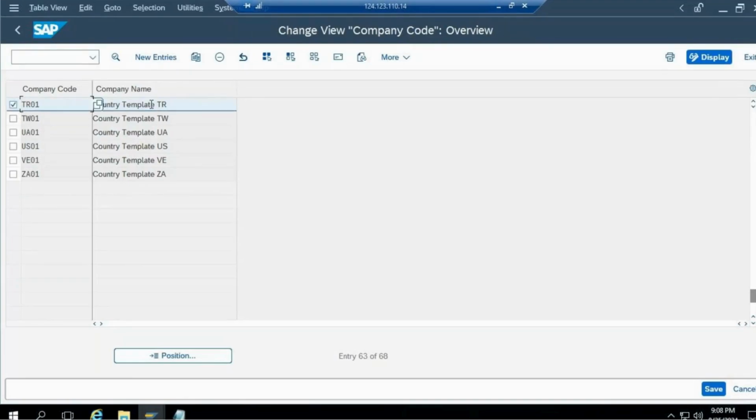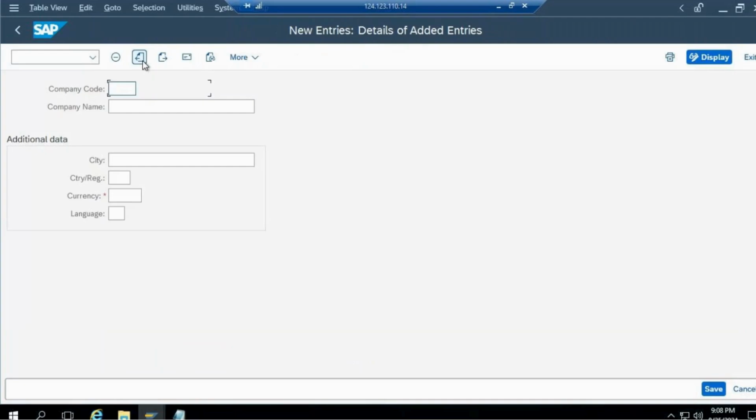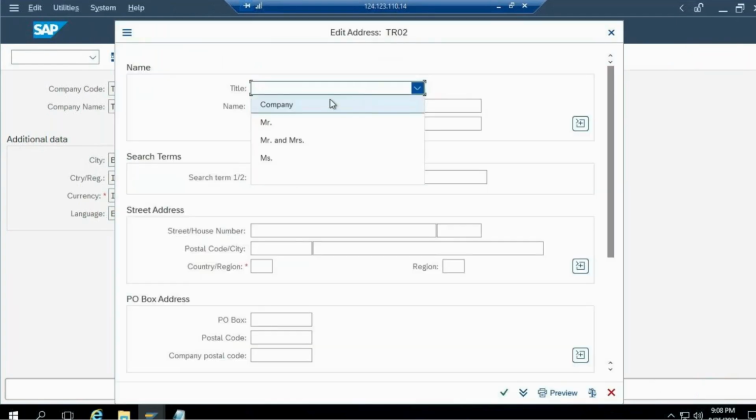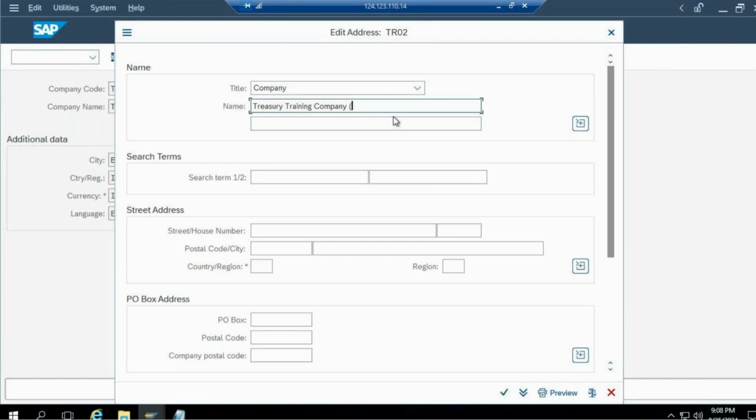So TR01 has been created. Let me create TR02 company code. Let's say I'll keep it Mumbai, or let's say Bangalore. And I write down TR02 company code, and the search term would be TR02, and the address 25/22,